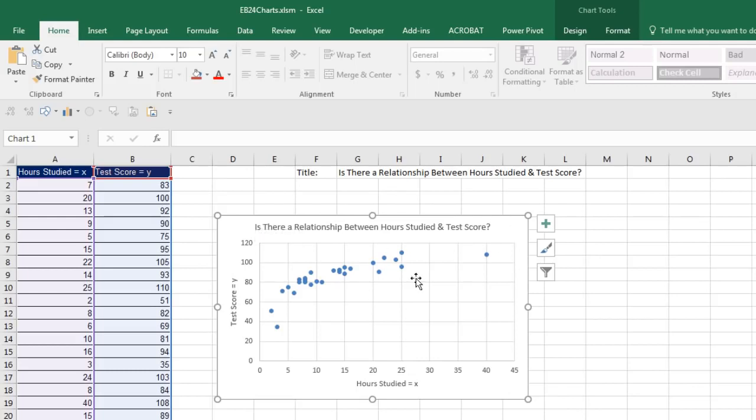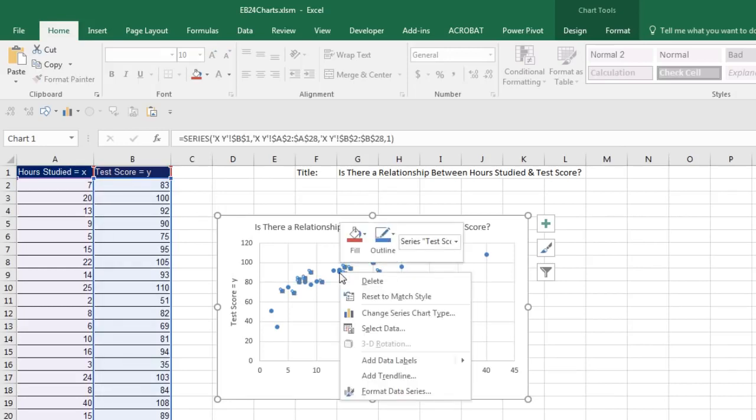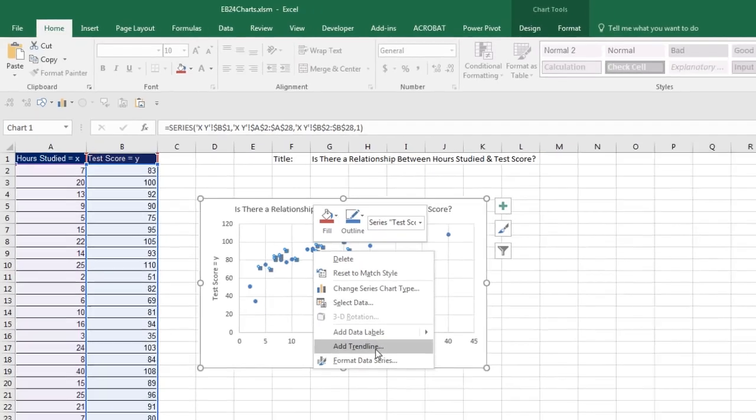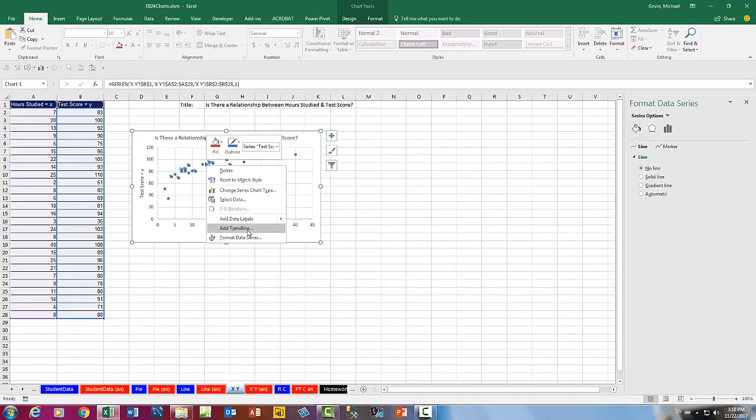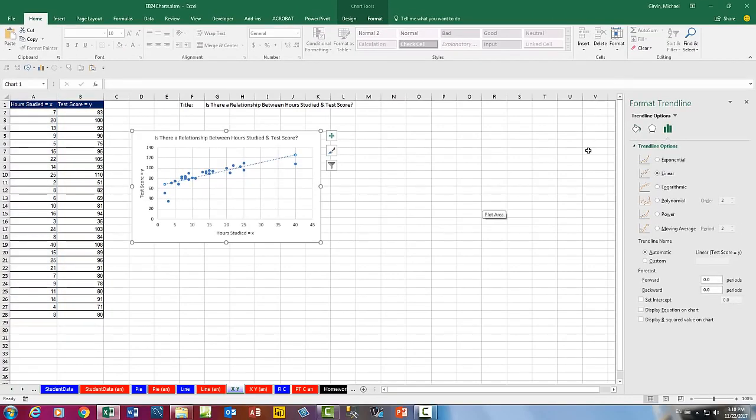But if you have a chart, you can simply come to any of the markers, click on them, right click, and say add trend line. There's also over in the green plus an add trend line. I'm going to right click and point to add trend line. Look at that. Now over in our task pane, it says linear. I'm going to accept that, and I'm going to display the equation and the r squared, the goodness of fit,